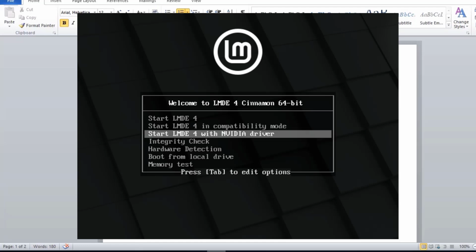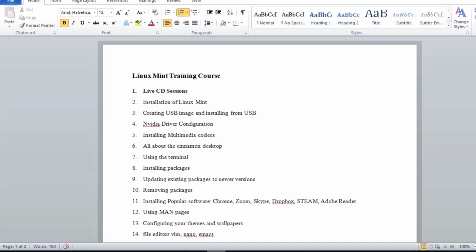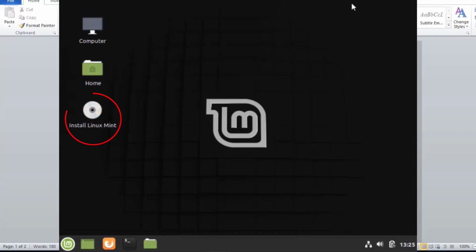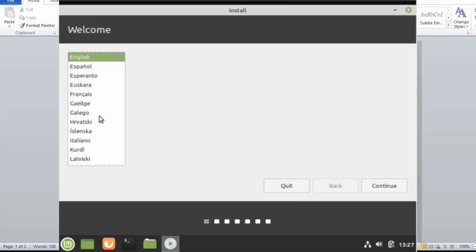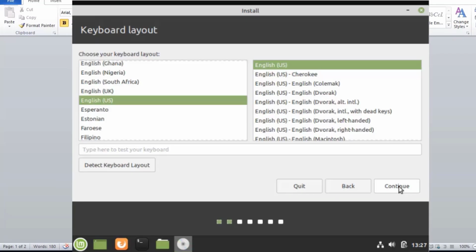So you have to select the Linux Mint option here, and after that it will show you a desktop utility, and on the desktop you will have the Install Linux Mint utility. When you click on the Install Linux Mint utility, it will ask you for multiple information and display multiple options, like you have to select your language, then you have to select your keyboard layout, and